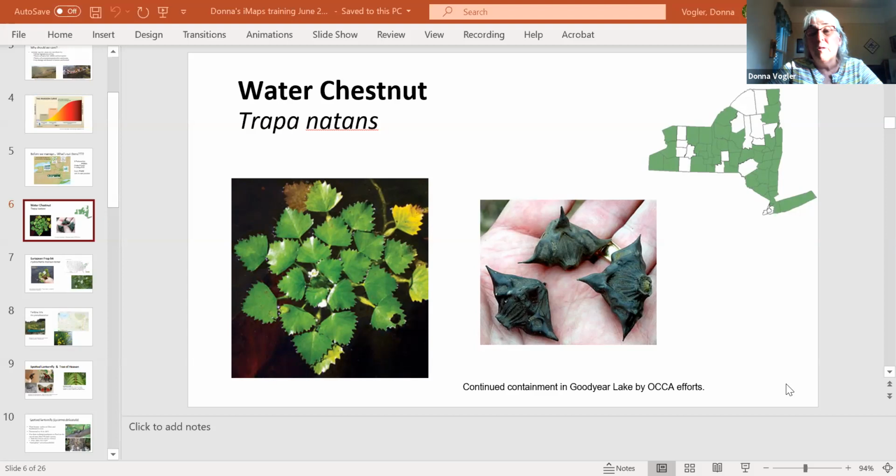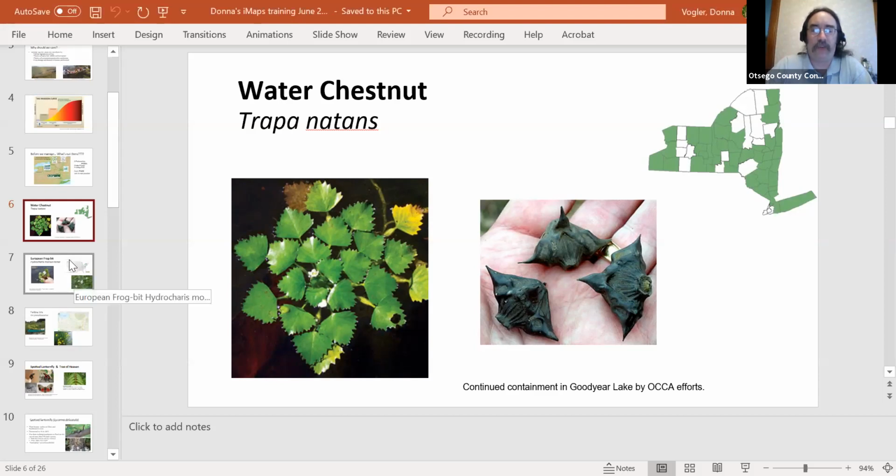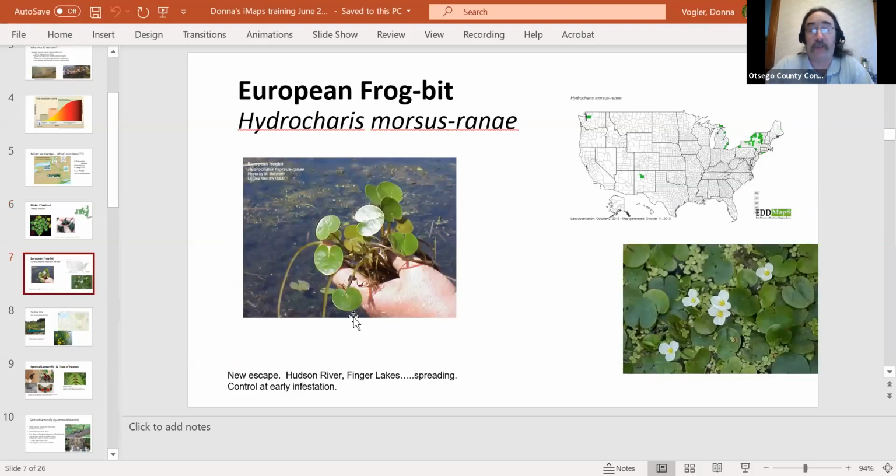But as you can see from the rest of the map, this is one that's out there, widespread across the state and spreading. So if smaller water bodies can be reduced and kept free, that's probably as best as we could do. I don't think it's coming out of the Hudson River. Probably not. Yeah. And I do know that the stewards have been successful. I have seen some recent stories about stewards intercepting water chestnuts on the way into Canadarago this year. So that's right. Yeah, the effective program.